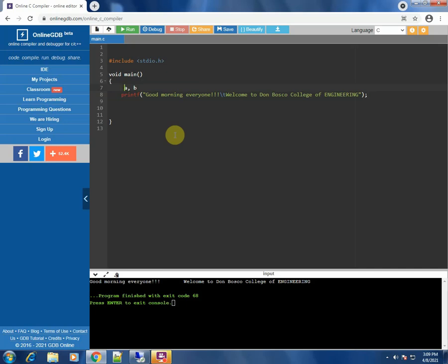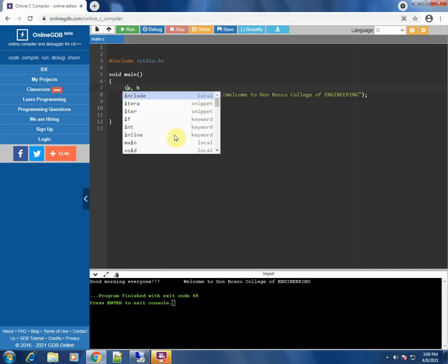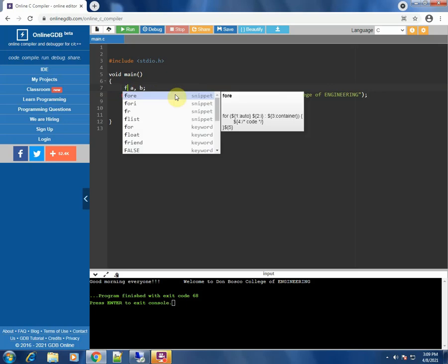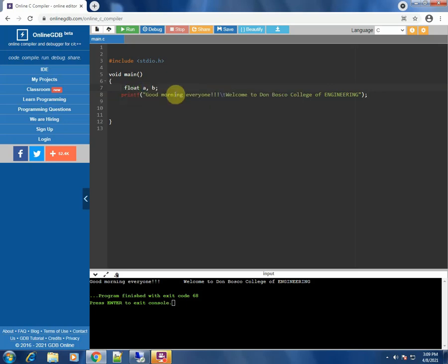There are various data types which you can use. For example, integer is one data type. To use integer you have to write int, and the line should end with a semicolon. If you want decimal values or real numbers, you can use float.